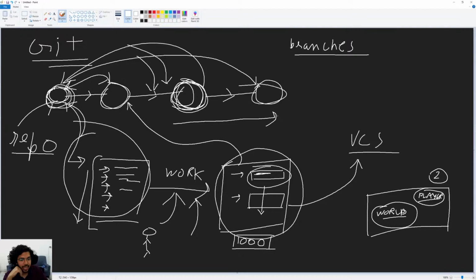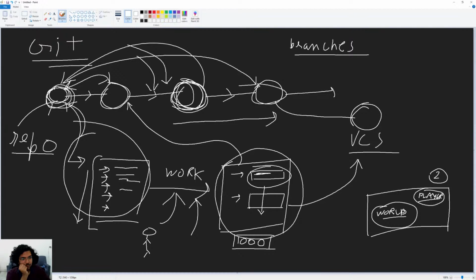So we can sort of branch out from here and create a new node.